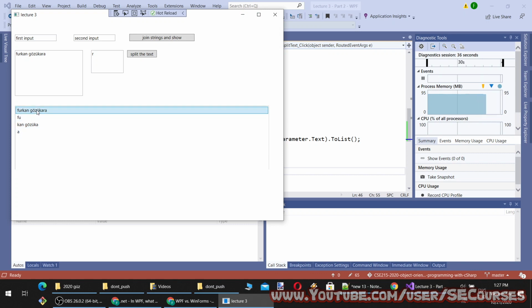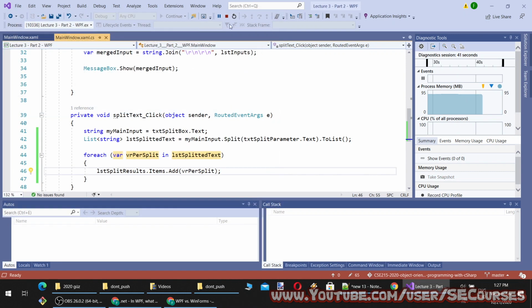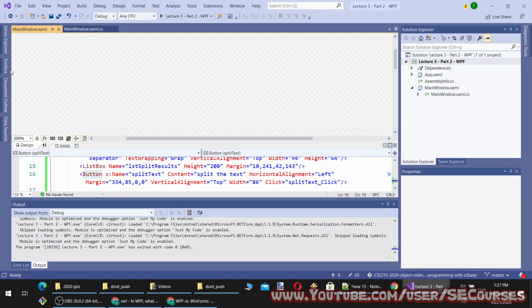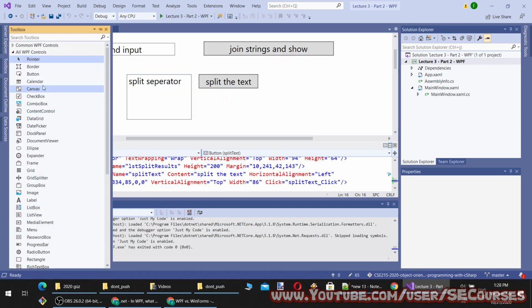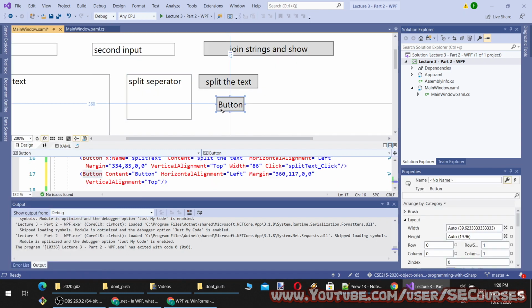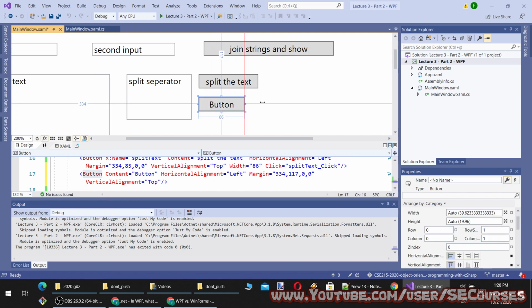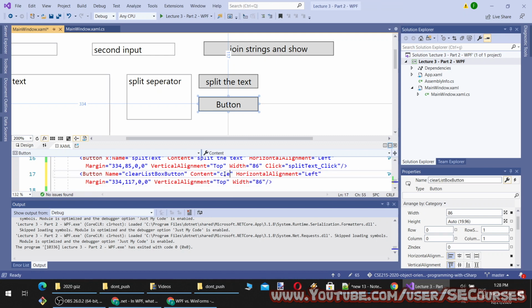However, the previous result still remains, so I can add another button to clear the list box. Let's edit, and I will compose the click event from here.